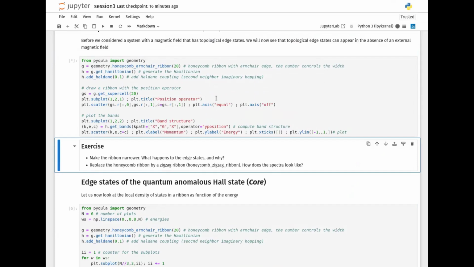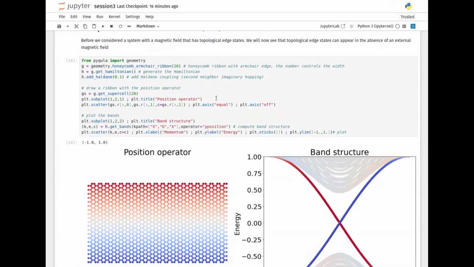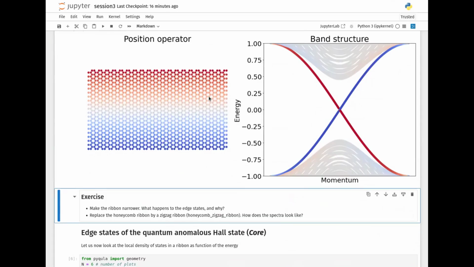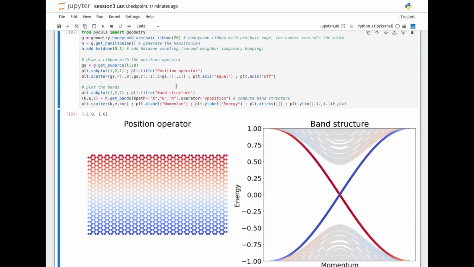And so now one of the important points to remember is that the phenomenology of the quantum anomalous Hall state is very similar to the quantum Hall effect. And this is what we are going to discuss now. So the first question is to make the ribbon narrower and see what happens to the edge states and why. So for this, let us